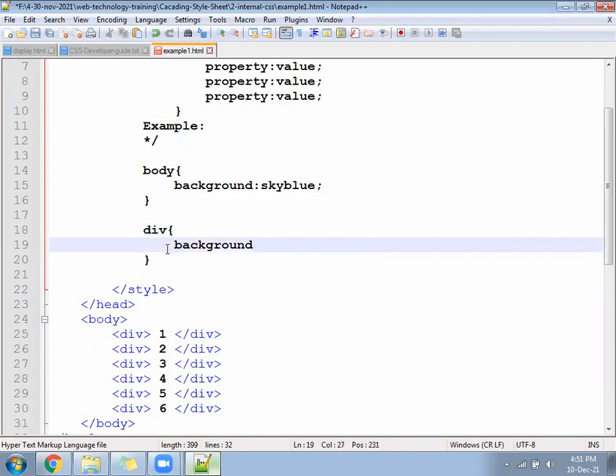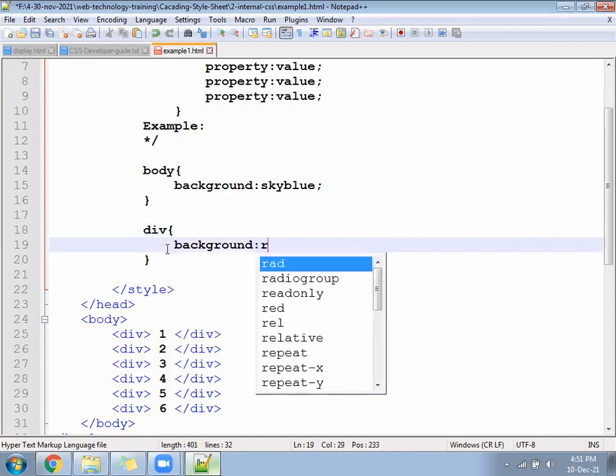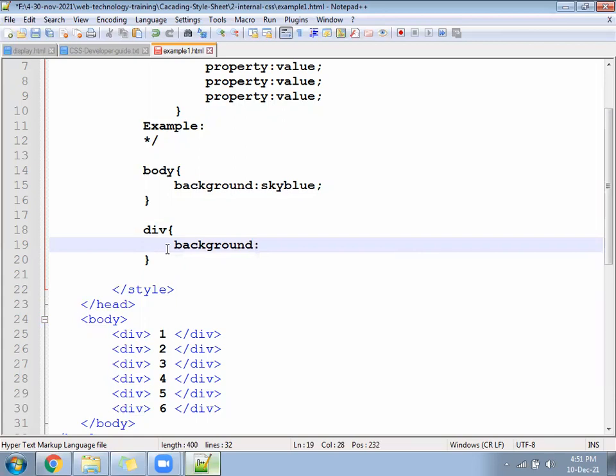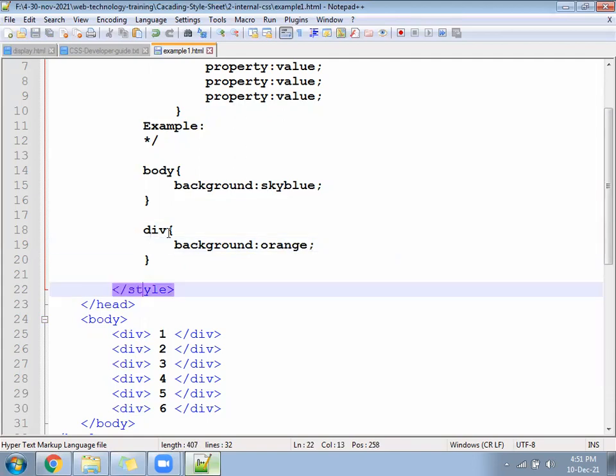For div now, background red color or maybe orange color. You have not specified which div. You have written just div. So what will happen in the current page? How many divisions do you have? All the divisions will have the background as orange.